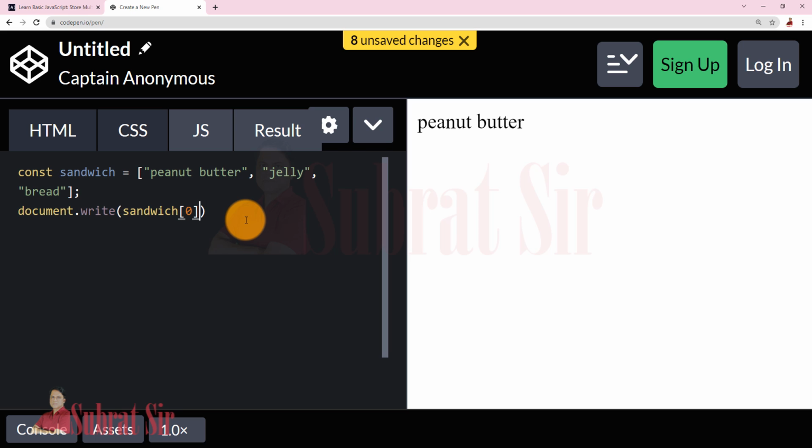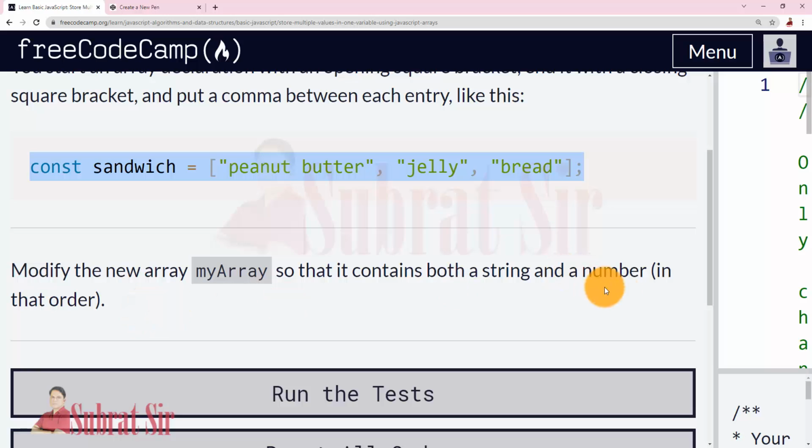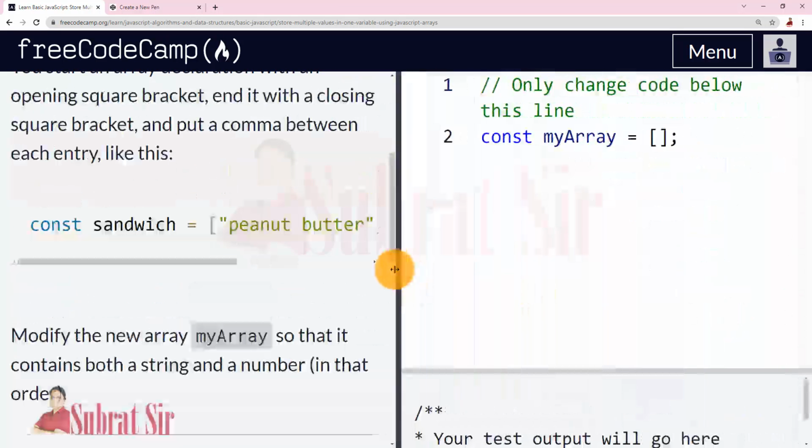If we write sandwich of 1, then we can access jelly. If we write sandwich of 2, then we can access bread. Okay, so 3 different variables in one name. This is called array. Now let us practice the test.